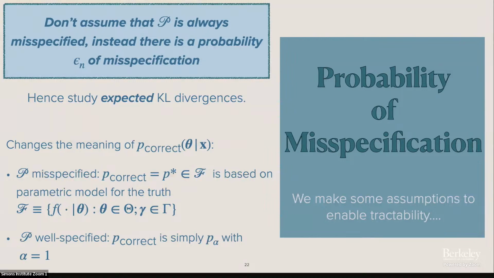So again, what this changes is the meaning of P correct. If we're well specified, P naught is in my model class, so P correct is simply P alpha with alpha equals 1. It's the true posterior. If I'm misspecified, I'm thinking of P correct as being some P star, which I'm going to think of as coming from some parametric model for the truth. The important thing here is that the thetas in my original model still have some meaning in this other space, but now we've also put some gammas here. In truth, this could actually be non-parametric, like gamma could be infinite dimensional, but we still have to have some meaning of theta